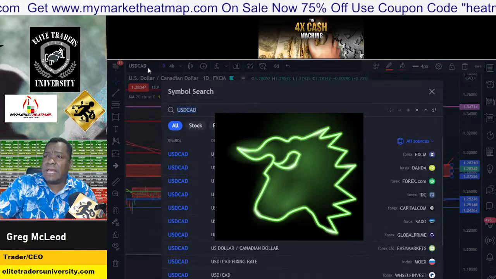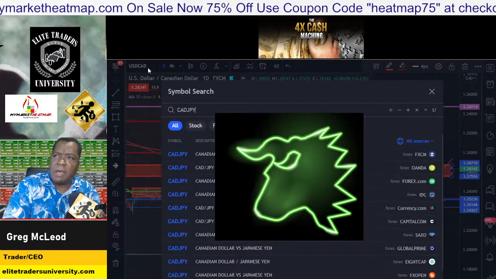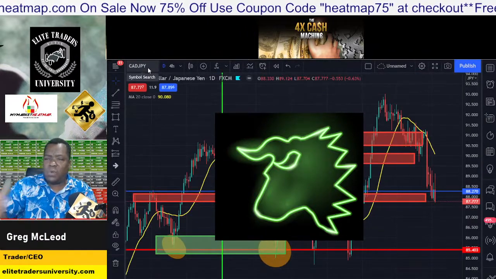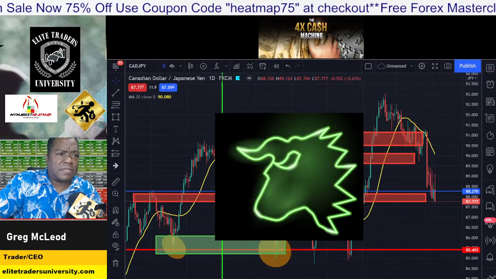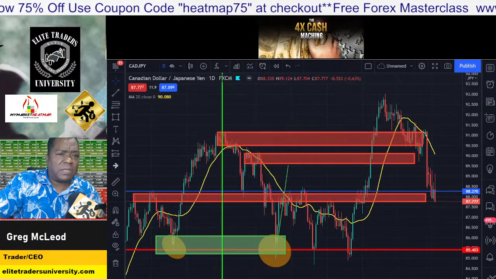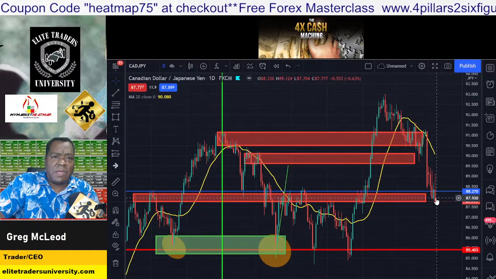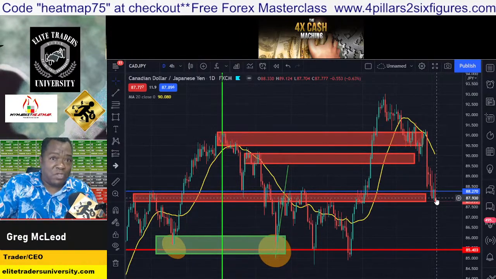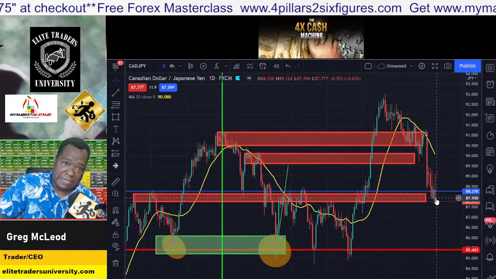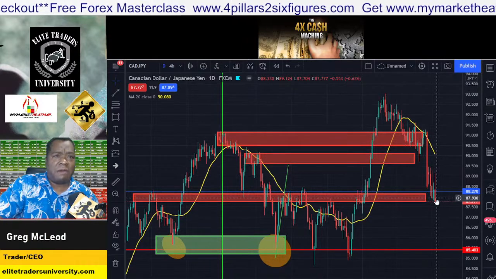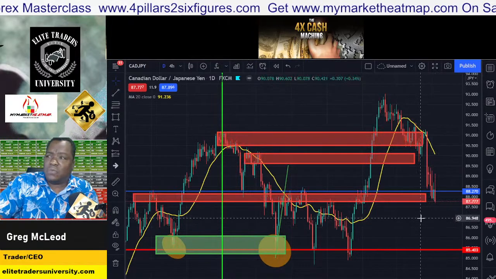Now let's look at Canadian, reverse CAD, maybe CAD yen. I figure Canada is one of the largest suppliers of oil to the United States, to the world. It's a massive oil producer. But if fewer people have jobs and fewer people are driving cars to work and they're not buying gas, I've already seen lower prices at the pump as well.